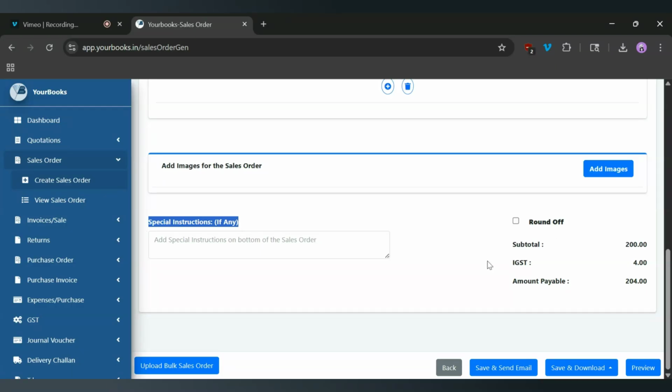Now we can either save and send email. So we can save our sales order and send an email. We can save and download it. You can download it as either PDF or Excel, or you can preview it. So I'm going to save and send,